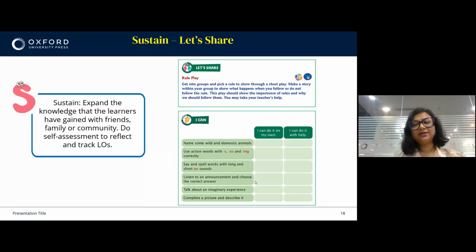And so here, relating to the topic in the chapter about rules, we are asking them to share their knowledge of rules through a short play. So this is a group activity where they have to put up a play to show the importance of rules. And part of sustain